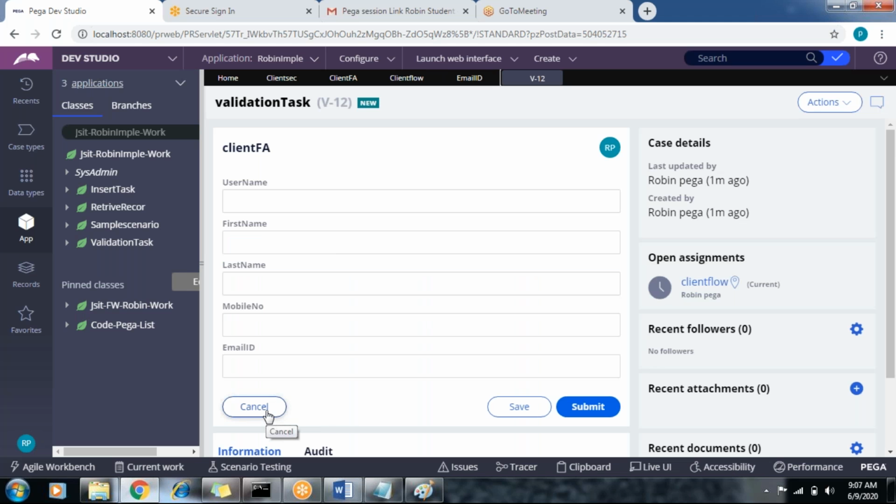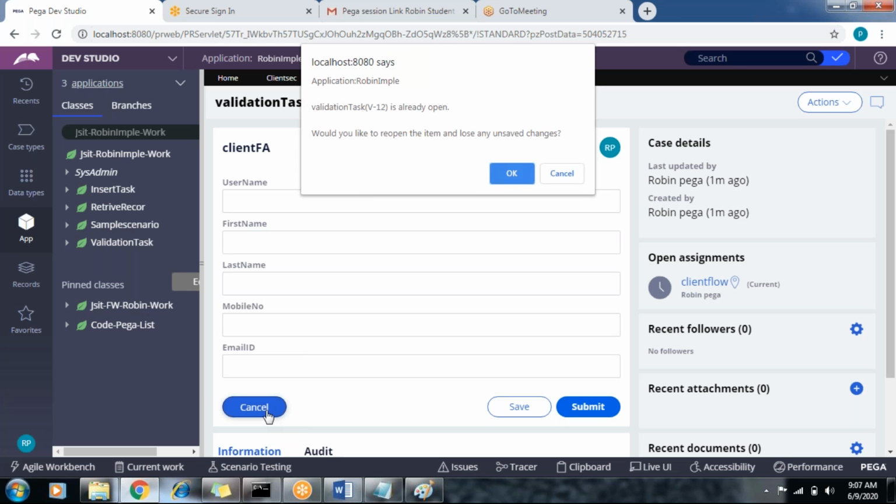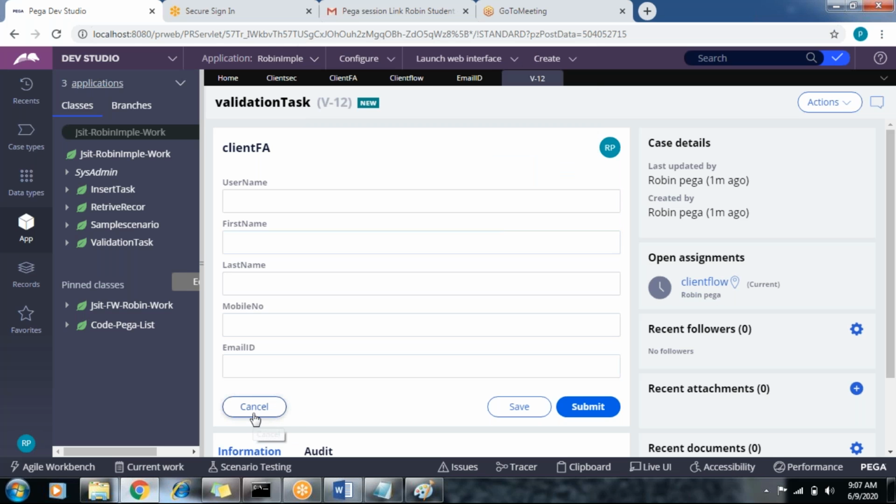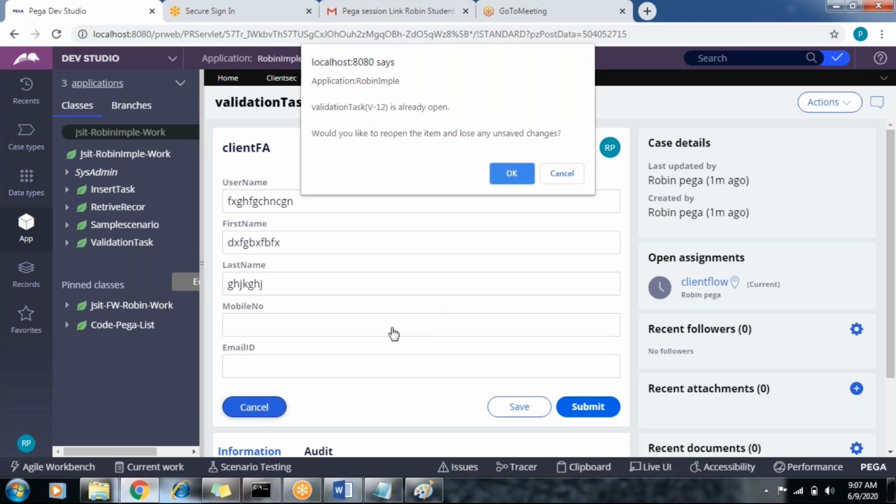Suppose we don't want to see the cancel button. How do we do that? Can we make it disappear? Just enter something in data. If you click on the cancel, what is this? Nothing but unsaved. Without saving data, if you want to cancel, just cancel. This is the backend action.